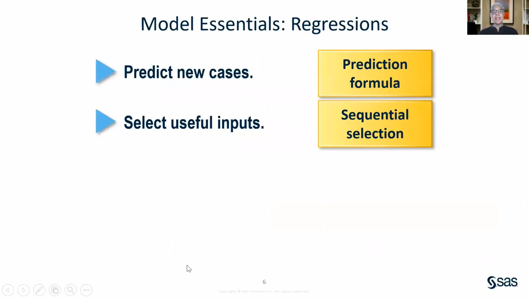I want to talk to you just a little bit about regression. Regression has been around for a really long time, and we like to use regression for a couple of important reasons. One of the main reasons we like to use regression is because it'll allow us to come up with a prediction formula that's going to allow us to predict new cases. So we're going to take data from the past, and then we're going to use that data to help us build a model. That model is really just going to be some sort of prediction formula. And then we can use that prediction formula on new data, for example, new customers, new patients,